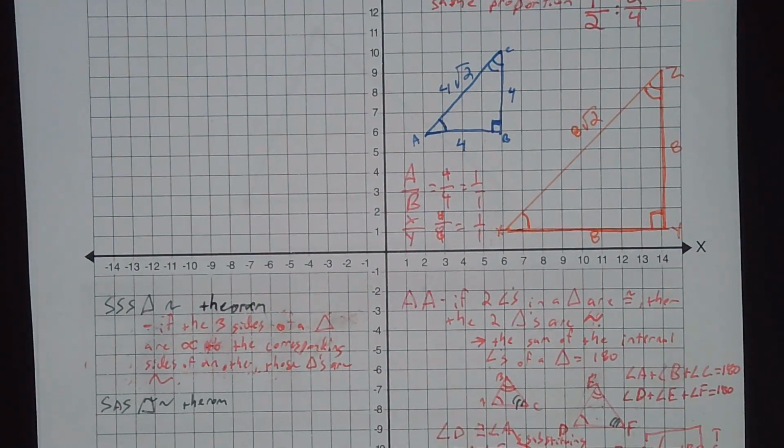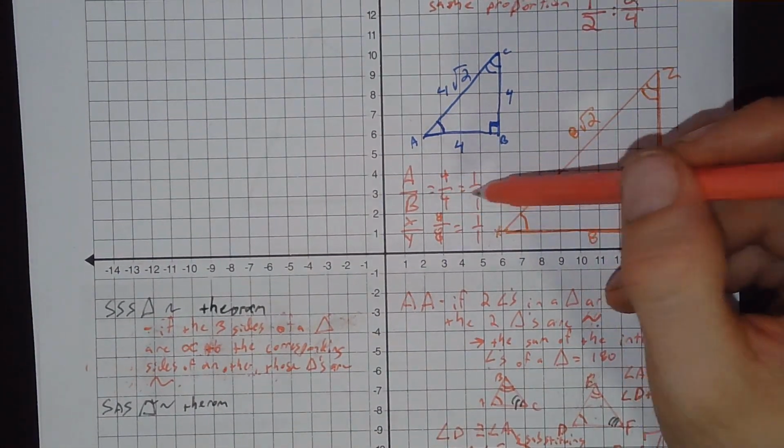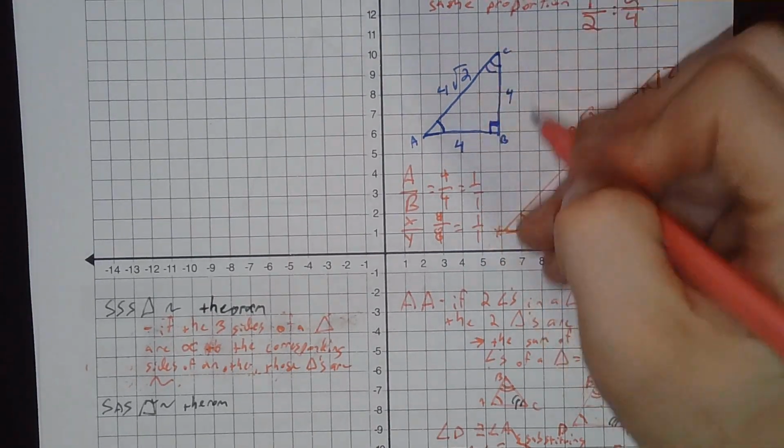Okay, so this one is saying that for AB, so I'd also have to add for the